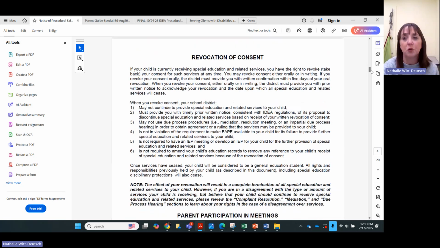Like I mentioned before, you can revoke this consent at any point in time. Again, when you revoke it, the school district may not continue to provide special educational related services to your child, must provide you with a timely prior written notice consistent with IDEA regulations, and may not use due process procedures,